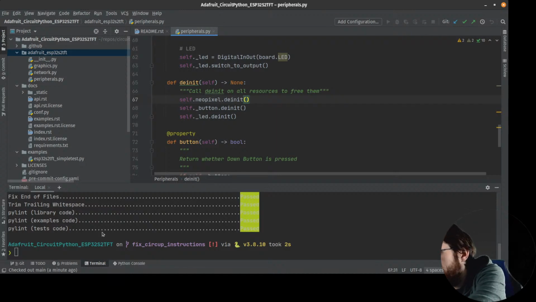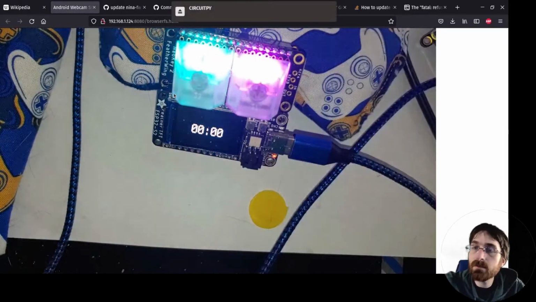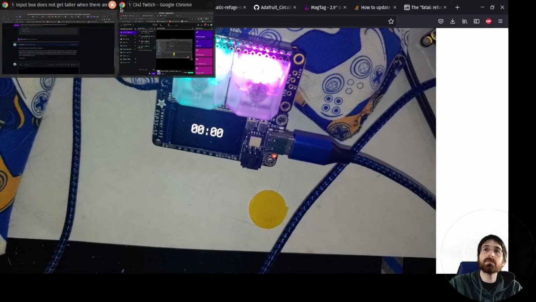Alright, so I'm going to unplug the Pi portal. I'm going to plug in the Feather TFT, which I also have right here. This one happens to have the timestamper on it, but